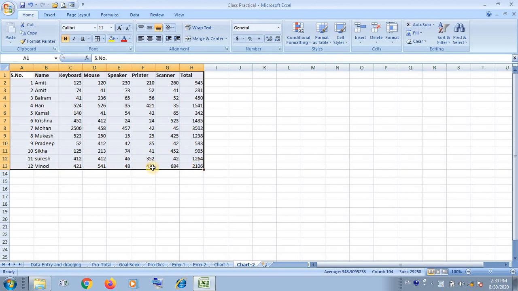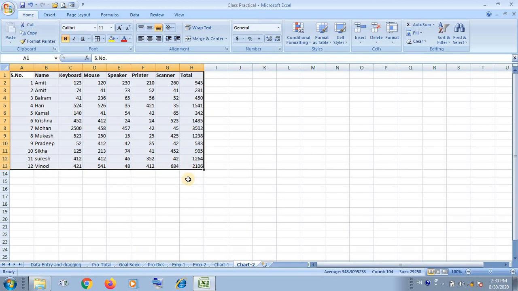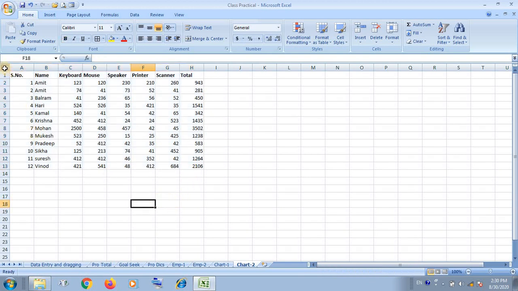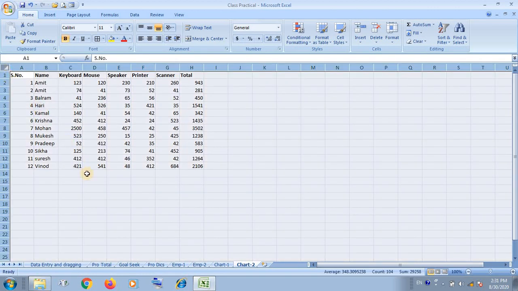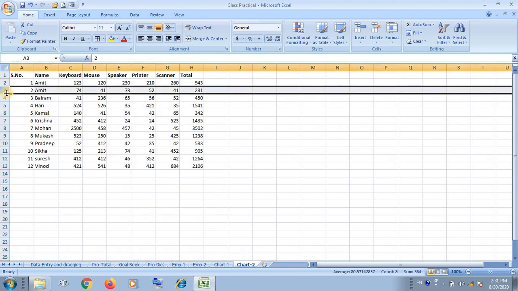As you are looking, I have selected the cell address by holding the mouse pointer, mouse left button. You are looking here, the thick white plus sign, that is the selection pointer. In this way you can select it. If you want to select the whole worksheet at once, you have to click on this corner side. If you want to select any whole column, you have to click on the heading of the column. If you want to select any whole row, then you have to click on this.